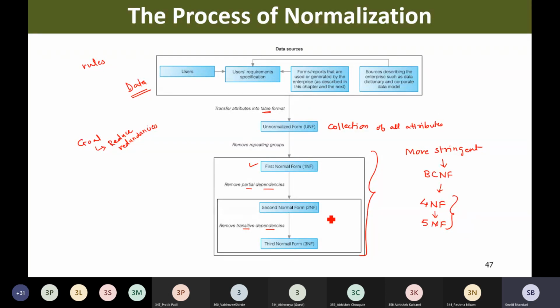Three basic normal forms are 1NF, 2NF and 3NF. Further, few higher normal forms were introduced and these are BCNF, 4NF and 5NF. So we are going to discuss all those normal forms in our coming sessions. Right? So I hope you must have understood this basic discussion about the process of normalization. So every time we apply certain rules and we come up with a normal form.